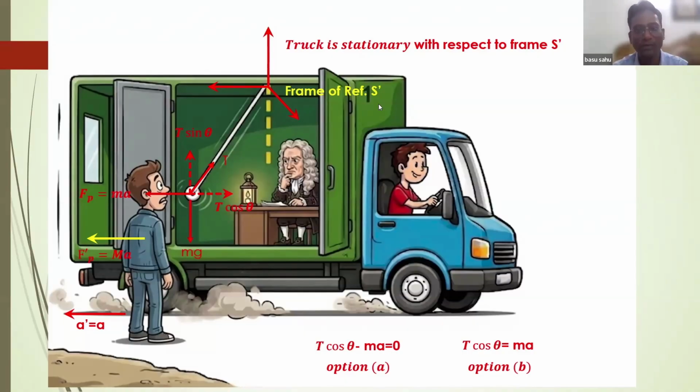So never stay in this dilemma that pseudo force we will apply only on the bob or on this person. We are very acquainted with doing this because we think it is loosely connected or we want to analyze the motion of this. Whatever you want to analyze the motion of from here, you have to apply pseudo force. This is the concept.